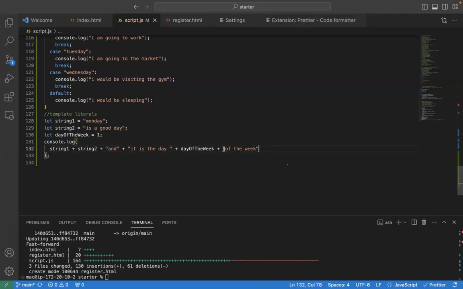Now, if I do this, you would realize that I might have a lot of things jumbled together because I'm not even looking at where I have to put spaces. See here now, this string 1 here is Monday. String 2 rather is a good day. By the time I log this in my console and I go and check it, I would see that string 2, which is a good day,